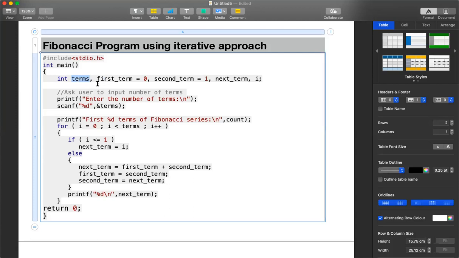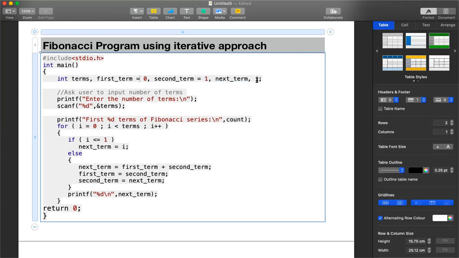And the second thing we are specifying is, when it comes to a Fibonacci series, we know what will be the first number and what will be the second number. Let us calculate the actual number from the third number, because if you want to get the sum of the previous two numbers, we should at least have two numbers. So that is the reason the first term of any sequence will be 0 and the second term will be 1. And you need to calculate the next term according to the sequence. If you want to generate 5 numbers, then you have to keep on calculating the next term. The reason why the first term and second term are mentioned as 0 and 1 is because the first two numbers of a Fibonacci series have to be mentioned to calculate the next term.